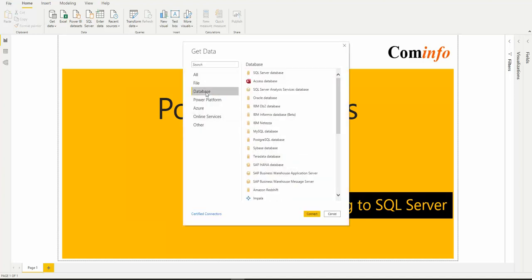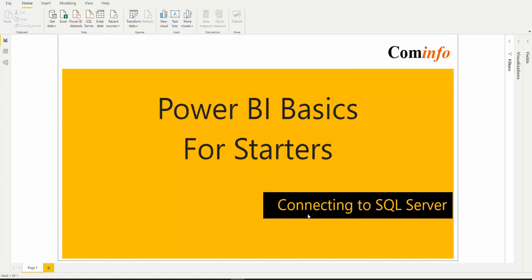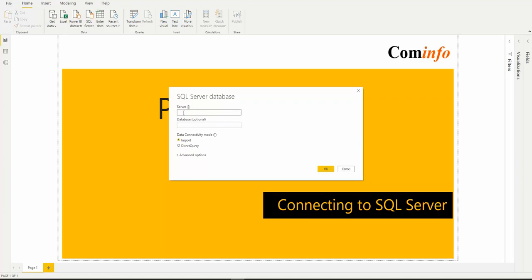Go to Databases, and we can go ahead and pick SQL Server. As you can see, we have Analysis Services as well, or Access, but we are connecting to SQL Server for now. So click on Connect, and at this point, it will ask you for your SQL Server